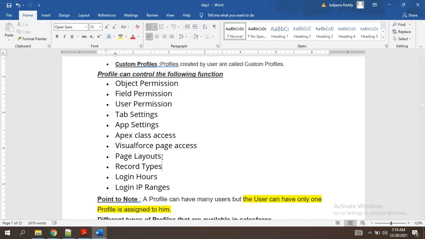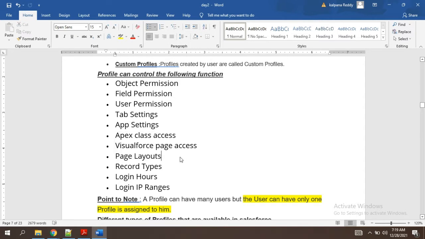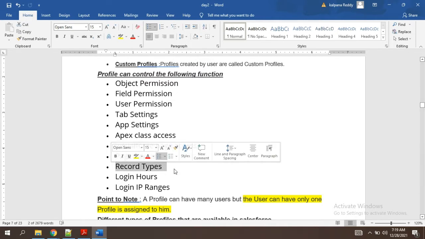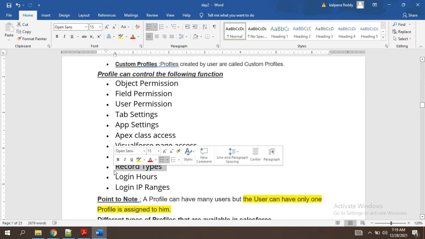At that time, we can create multiple page layouts and assign them to the profiles. Record types are a combination of the required things for the page layout. When we are creating multiple page layouts, we have to create multiple record types. Okay, this we'll see at the end.